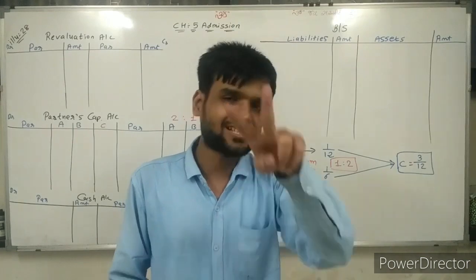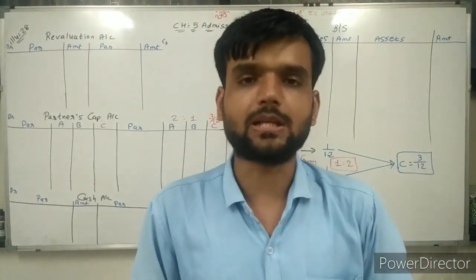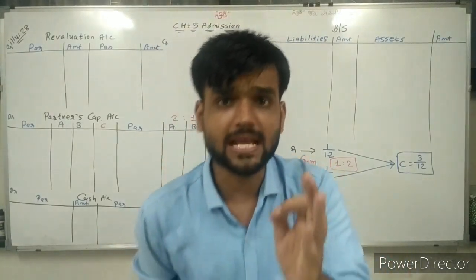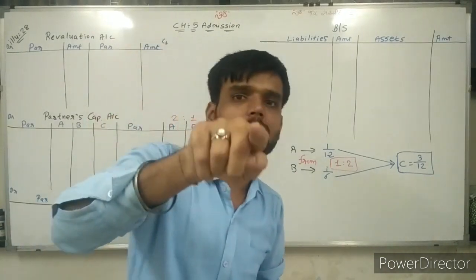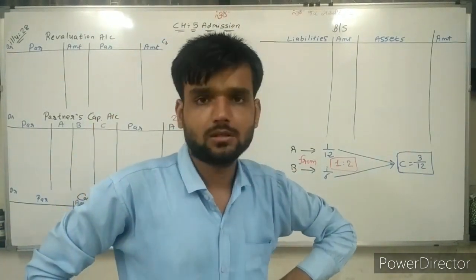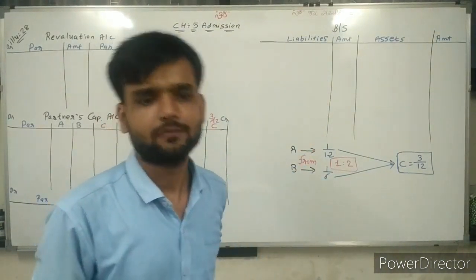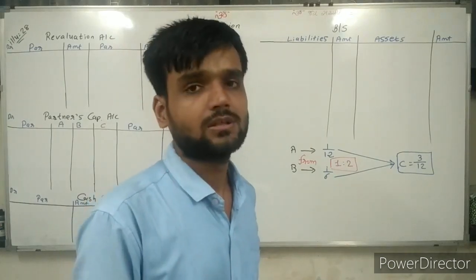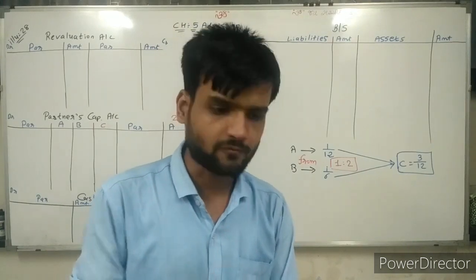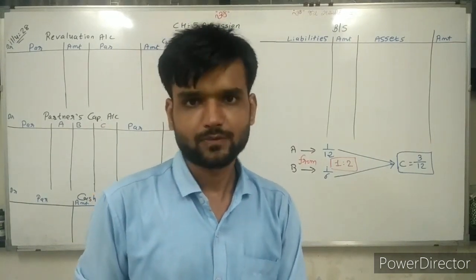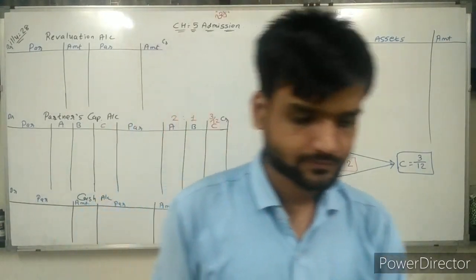Going ahead, adjustment number 2. C will bring proportionate capital. How many rupees of capital C brings, we don't know. But C brings proportionate capital. Now this point we are discussing later. Don't worry about it. We are discussing this point later because it is at the last of the sum. At the end of the sum, we have to calculate this point. So don't worry.